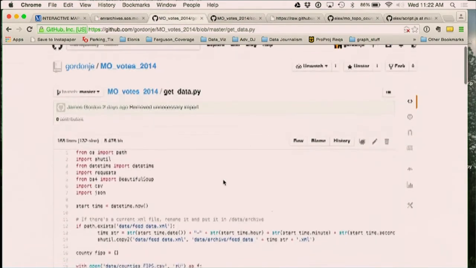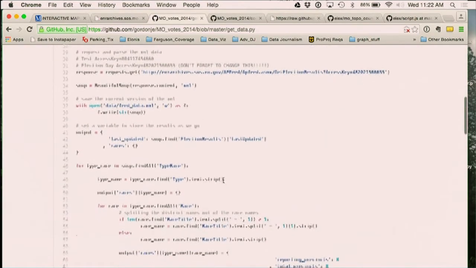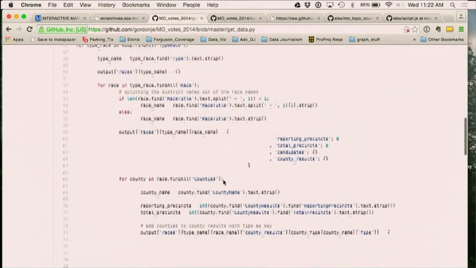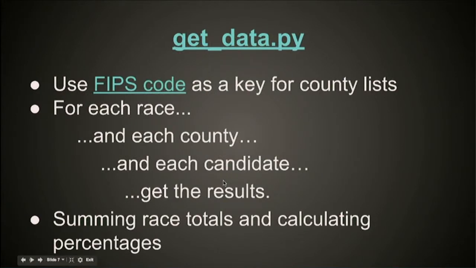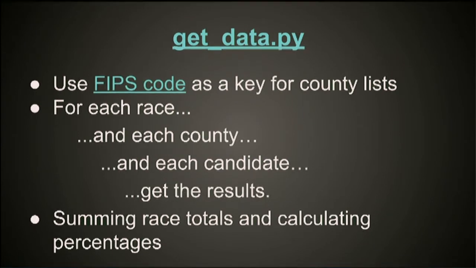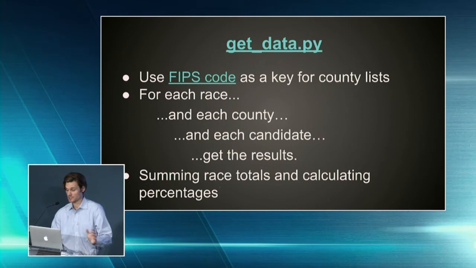But yeah, the script is here, and again, I'm a novice, so if you are actually a developer, don't judge me too harshly. But at the end of the day, it's really kind of simple. What we're doing is going over each race, each county and each candidate and getting those results. And we're doing a few transformations, including summing up vote totals for the race and calculating some percentages, like the number of precincts that have reported, the percentage of precincts that have reported,